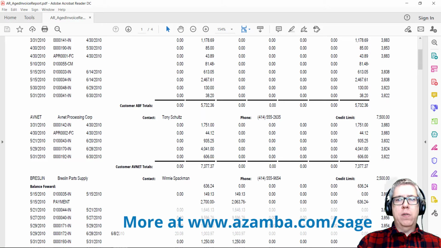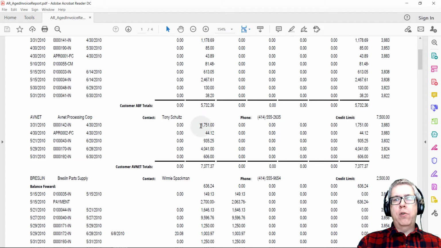The other thing that happens is your salespeople aren't integrated into this process. So if I'm a salesperson working with Avnet here, I may not know that you just had a collections call with them. And depending on how that call went, you may have upset my customer, Tony, or it may be that Tony's upset us and he owes us some money and he has not paid for a long time. Either way, it's better to have an integrated process, and that's where CRM comes in.